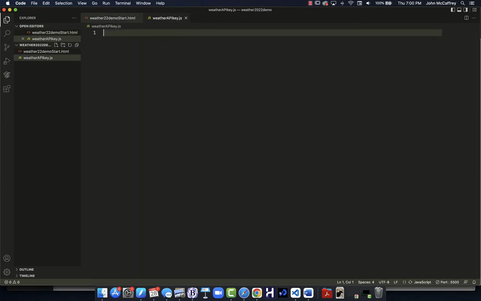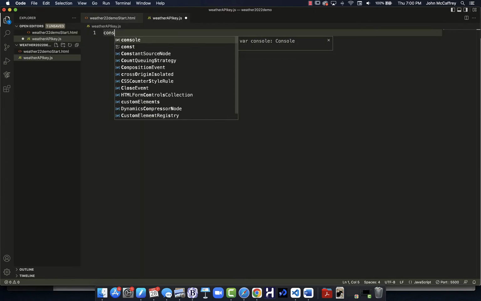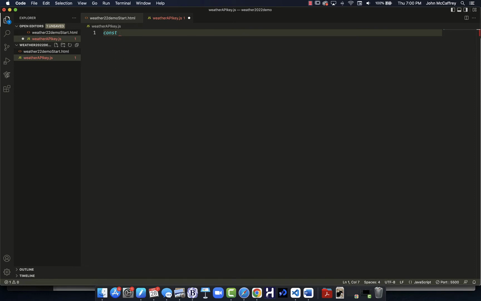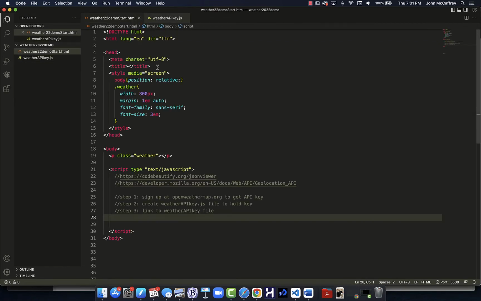So I'm going to just save that, and then create a variable, paste in a value, and we need to put that into quotes so it's happy, and now save it. So you can see, I have my key. Now if I go back over here, what I'm going to do is before I load